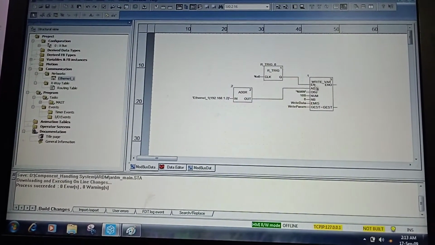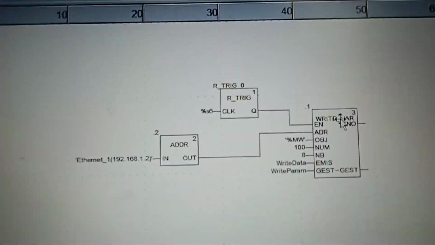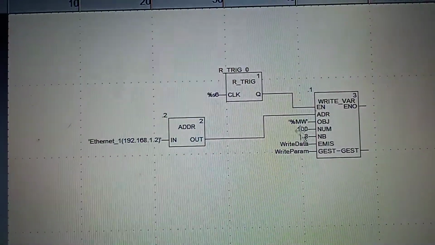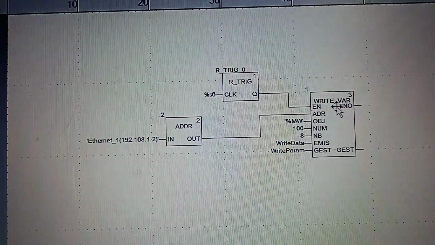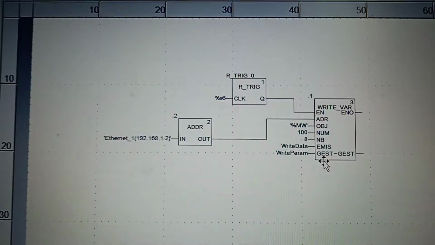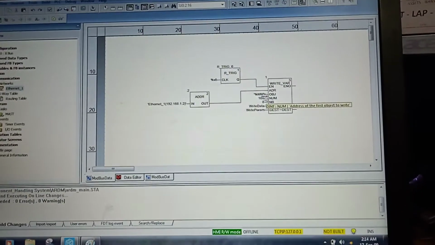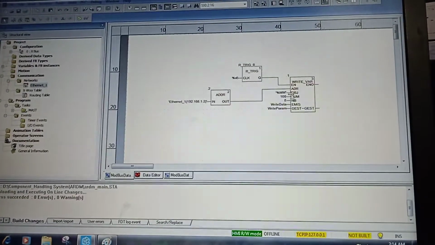If you want to know more details about this WRITE_VAR block, you can open the help, and from there you can understand in detail what WRITE_VAR is. Okay, so here in object I have used %MW.